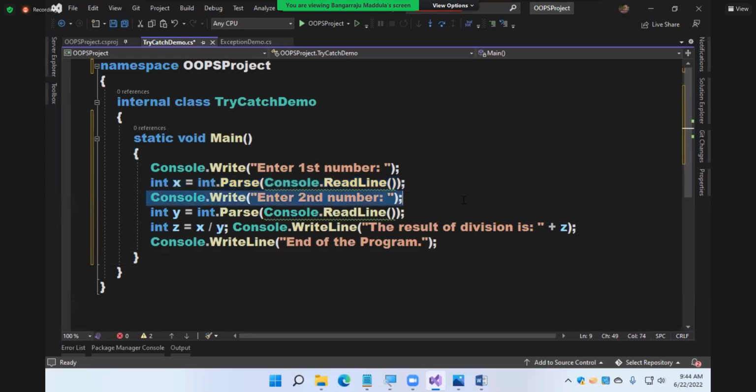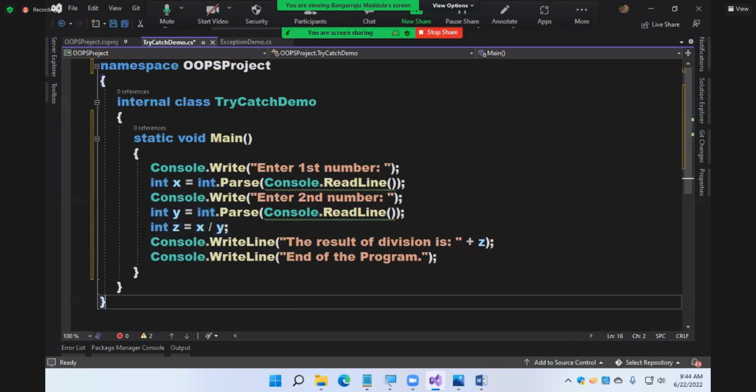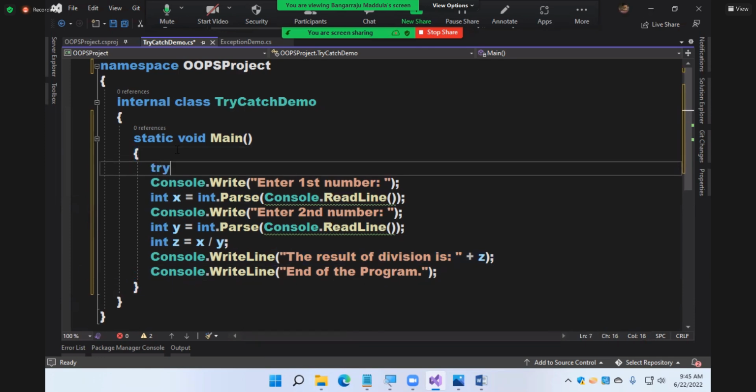Third line? No. Fourth line? Yes. Fifth line? Yes, divided by 0. Sixth line? No. That's not going to cause any error. Seventh? No. So in this, what is going to cause the error? The int x, int y, int z equals 3 statements are going to cause the error now. So that's why I'm starting a try block here